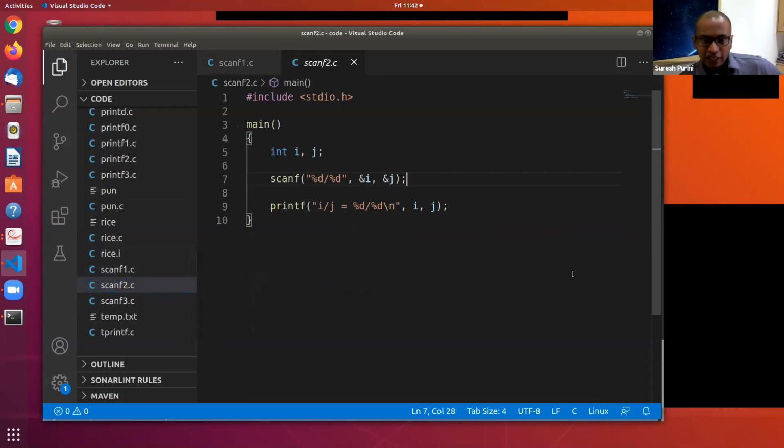So here you can see that there is %d, divided by a forward slash, then %d. What happens is, when scanf looks at %d, it keeps looking for an integer in the keyboard buffer. Once it gets digits, it reads them. Let's say this is your keyboard buffer with 4/4. When it hits %d, it starts reading these characters 4, and then